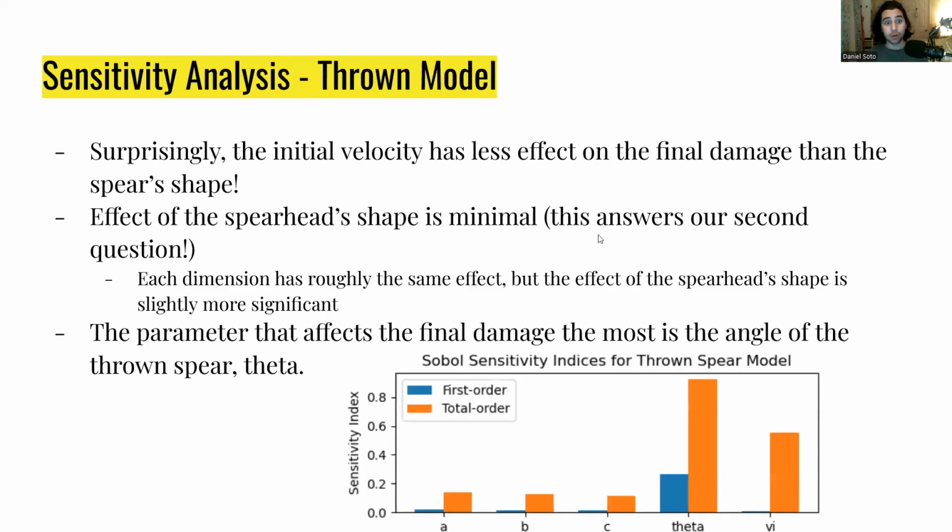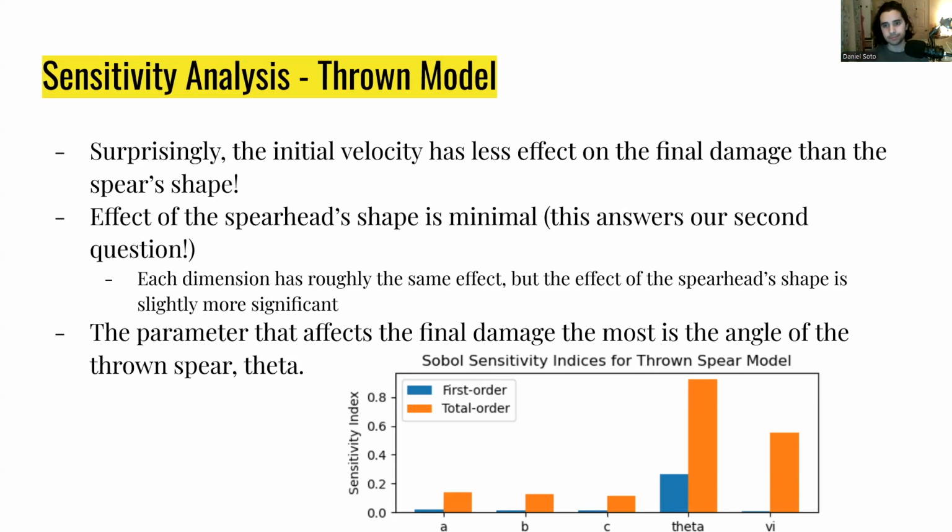Now, the analysis for our thrown model tells us that the initial velocity has the least effect on the final damage that we do. Second to that is the spearhead shape. The spearhead shape actually does not affect the final damage that much, although it does slightly more than the initial velocity. And this answers our second question, which is whether the spearhead shape affects the final damage. It doesn't seem to that much. Now, the parameter that does affect the final damage the most is the angle of the throw of the spear,